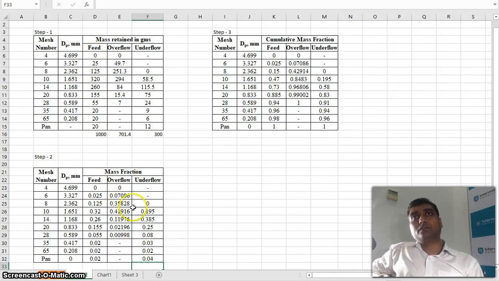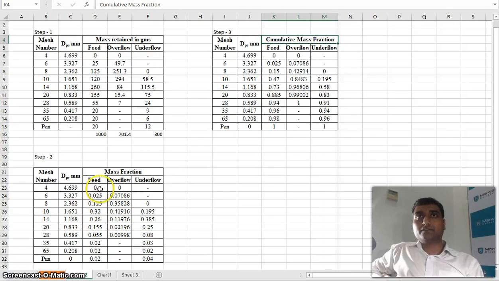These are the values you have calculated for feed, overflow and underflow, right? So next you have to find out the cumulative mass fraction. So how is it to be found out? Cumulative mass fraction is the summation of the mass fractions of feed, overflow and underflow, right? So it is summation of